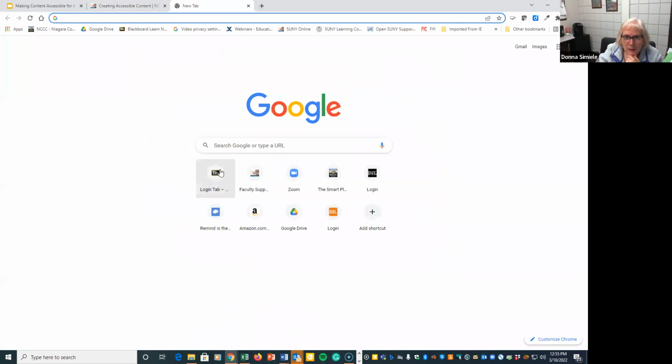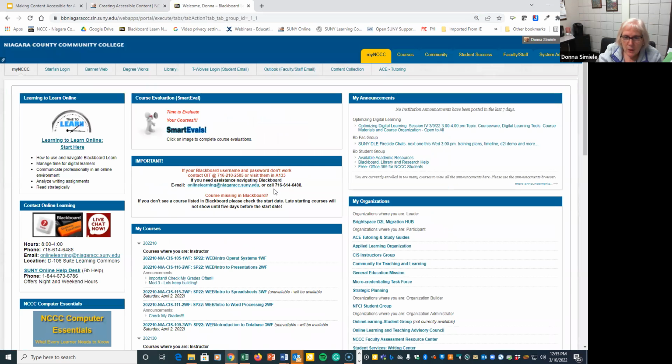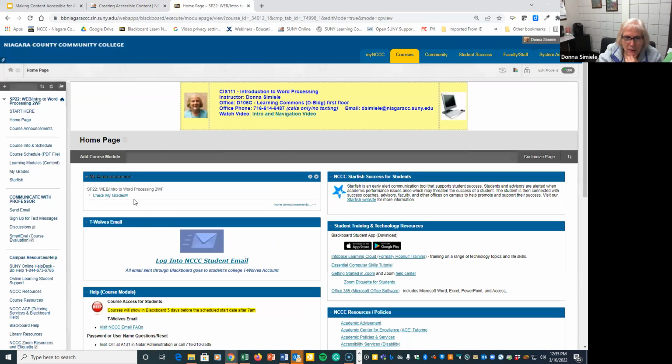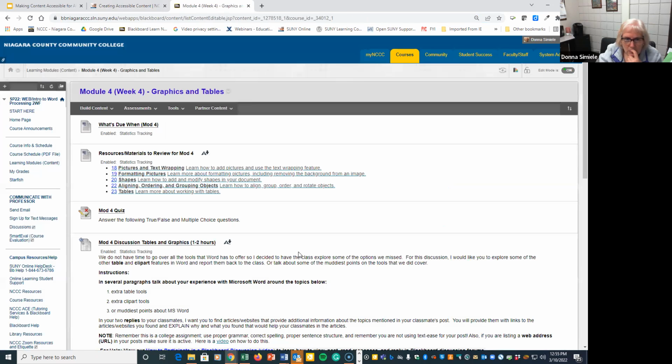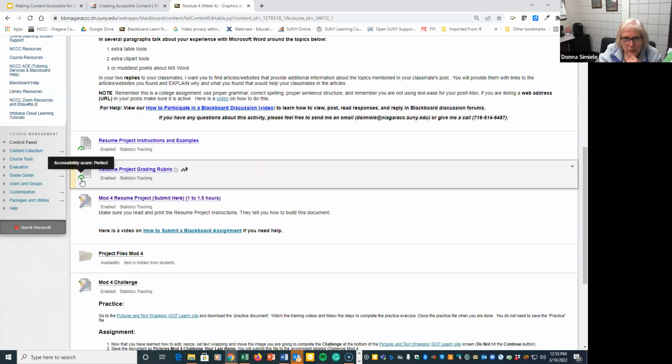I am going to go into Blackboard. And like I said, it doesn't matter if we're using Blackboard or Brightspace, we will have the option in here for making content accessible using Blackboard Ally. So I'm going to go ahead and go into one of my modules. Okay, so you can see here, I have a perfect score on these documents. So these are documents that my students are going to be opening and using for the instructions for the assignments